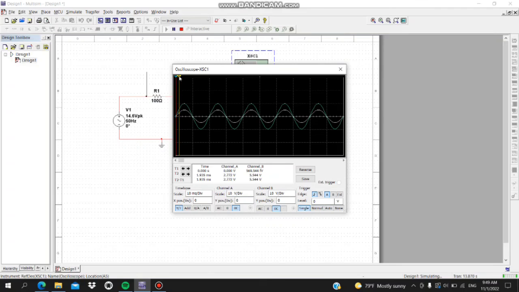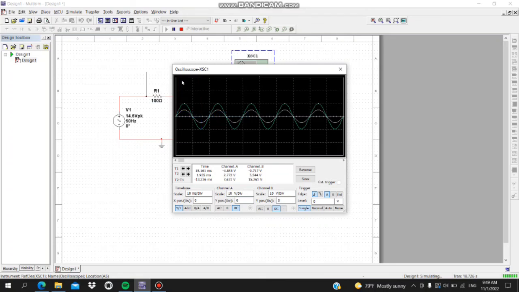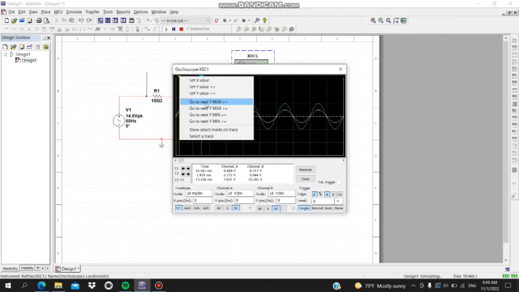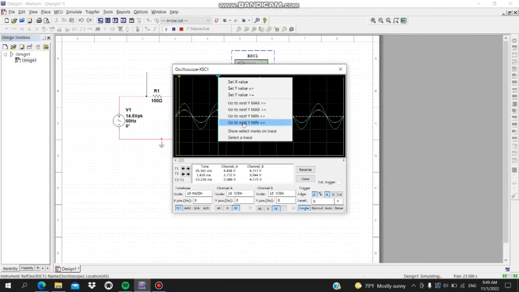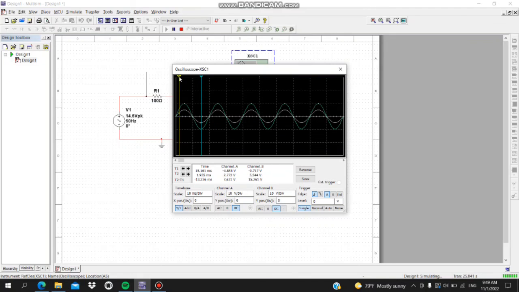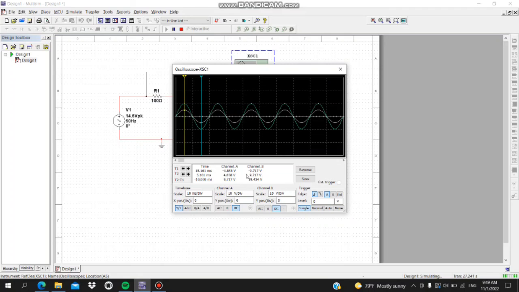So how to find the Y minimum, Y maximum? We just click right on the mouse, Y minimum. Click right, Y maximum. So we find